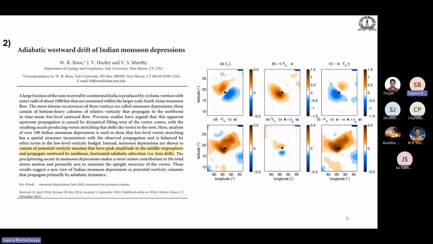This is the tendency term of the vorticity equation at 850 hectopascal. And they found that the vortex stretching term, which was earlier postulated as the leading or dominant term for the propagation of a depression, doesn't actually act in the required direction, but is just trying to act opposite to the horizontal advection term. So we cannot directly postulate the stretching term to be the dominant factor in the case of depression movement. Based on this, they tried to disprove the earlier theory, and they came up with their own theory of